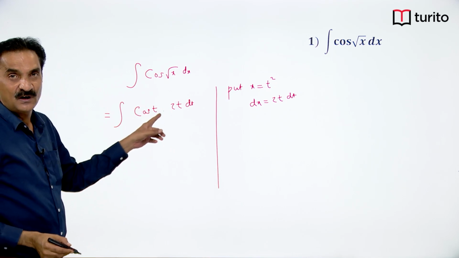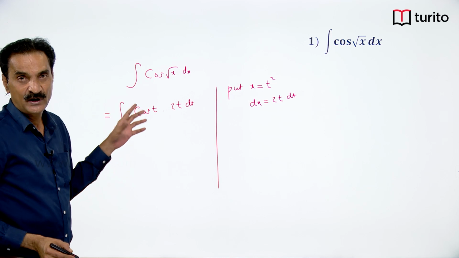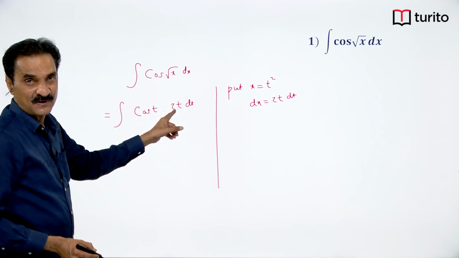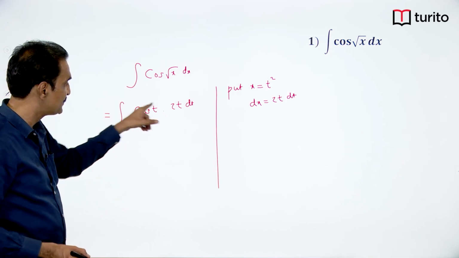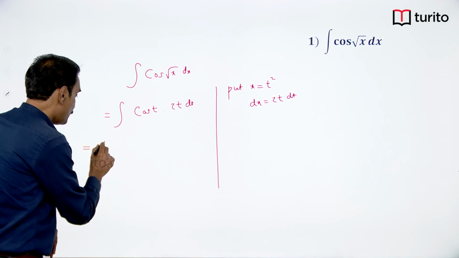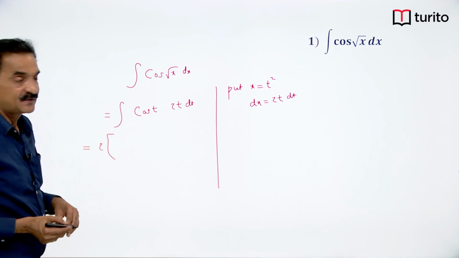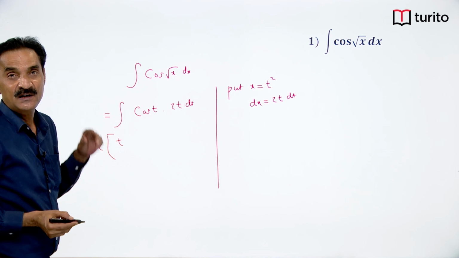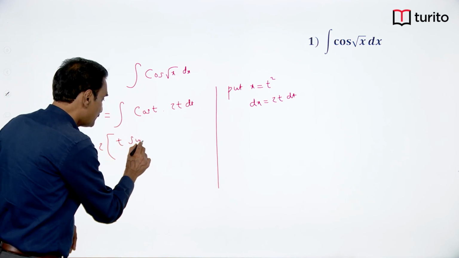Now it is a product of two dissimilar functions, algebraic and trigonometric. So according to our ILATE rule, we have to take t as first function, cos t as second function. We can take these two outside the integral. 2 into first function is t, second function is cos t. Now its integral is first function into integral of the second function. What is the integral of cos t? Sin t